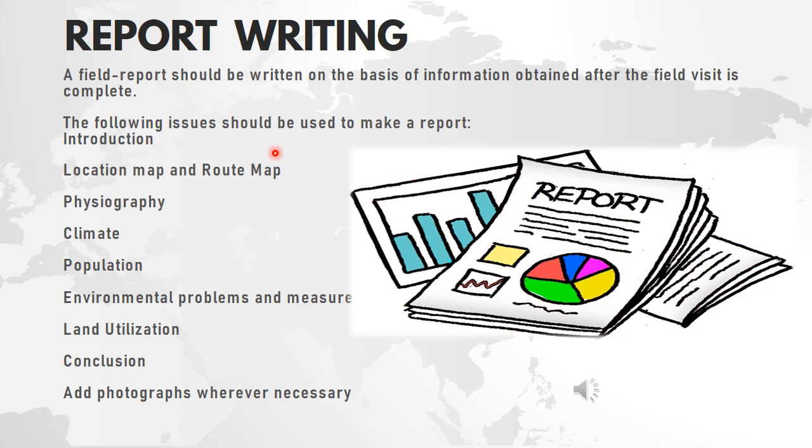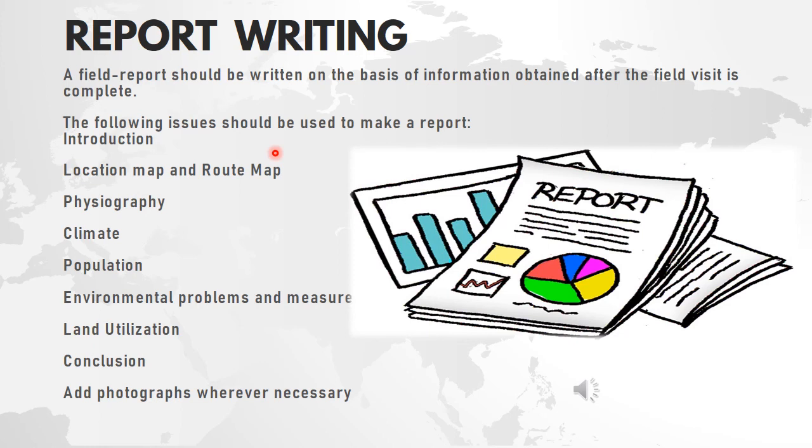Now, when you start to write a report, the first thing that you would write is about the place that you visited, where was it located, how did you travel. Now, suppose you went to a village, then you will write about the village location, how was the village in terms of the houses, the land, occupation of the people over there, how was the climate, is the village heavily populated, are there any problems which are faced by the village people?